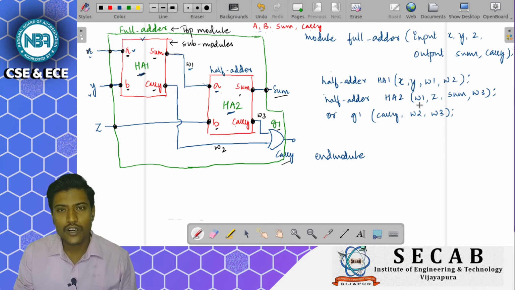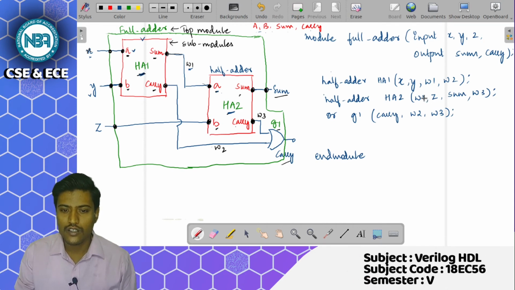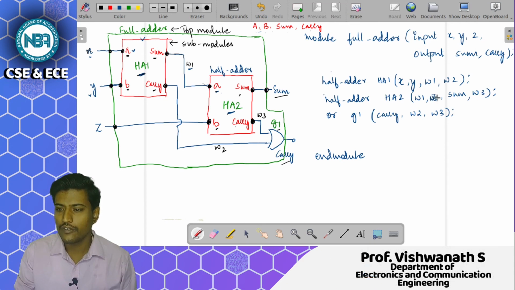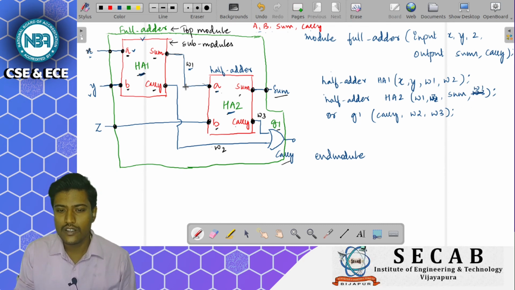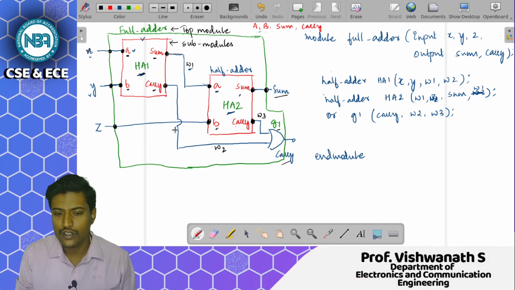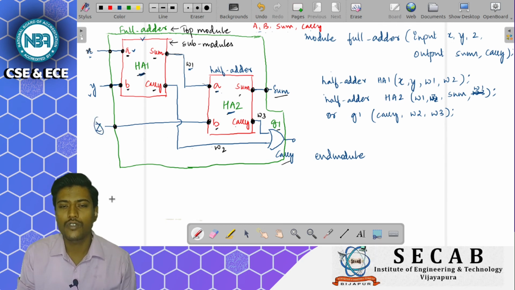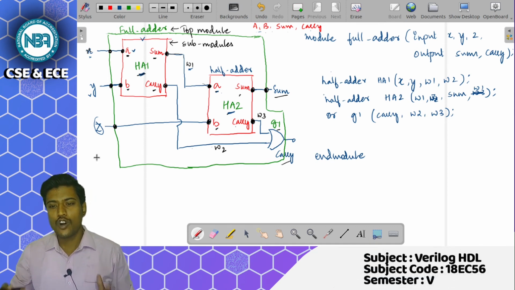Now instead of writing W1 and Z here, if I had written W1 comma W2, and then made a W1 over here, this line would be connected to the OR gate and this W2 would be connected to B, and we would be left out with this particular Z port. That is the reason it is not proper, as it is unclear which port is being connected to what.